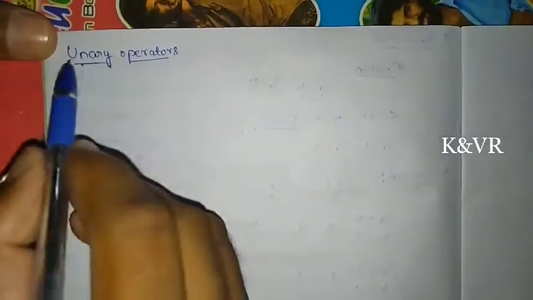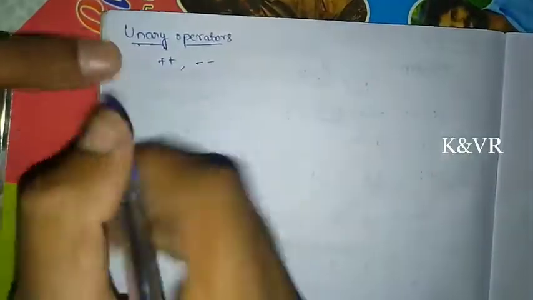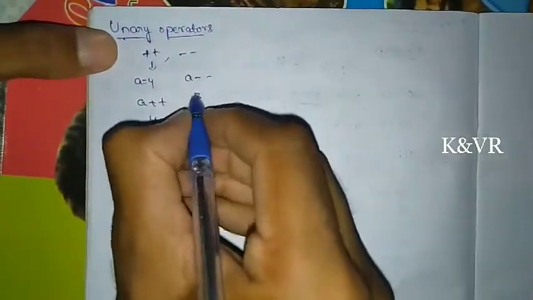And next one is unary operators. Why do we call them unary operators? Because we use only a single operand for this operator. They are increment operators and decrement operators. This is incrementing one value to any variable. Suppose A is an integer and I have A value as 4, A plus plus results in 5, and similarly A minus minus will result in 3.